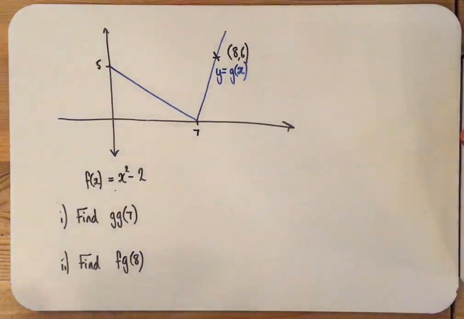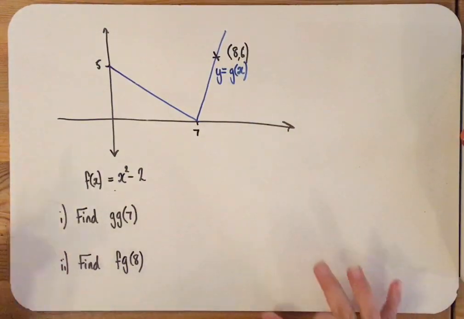Okay, I'm going to go through 3 examples on inverses. Hopefully sort of tie up this topic, but please ask if there's anything that you don't understand. First example,